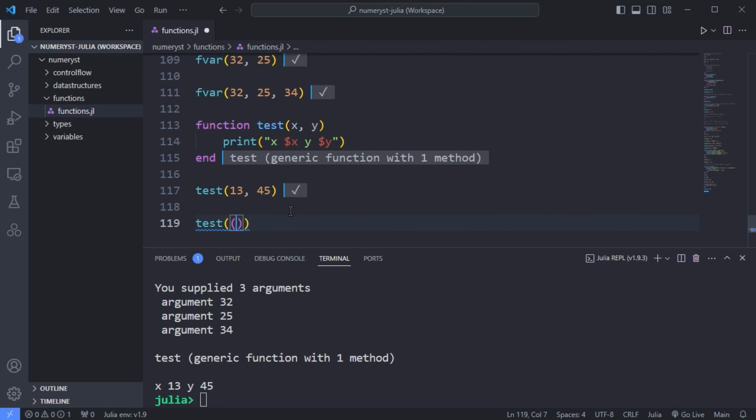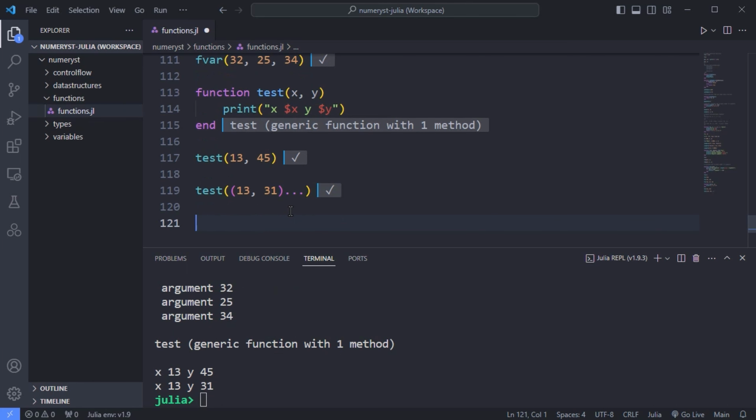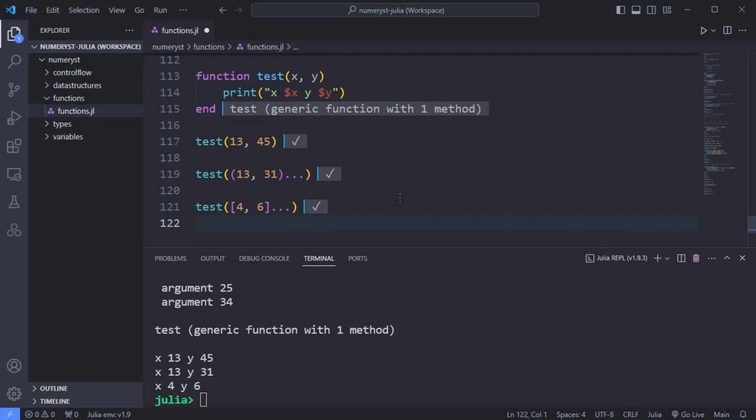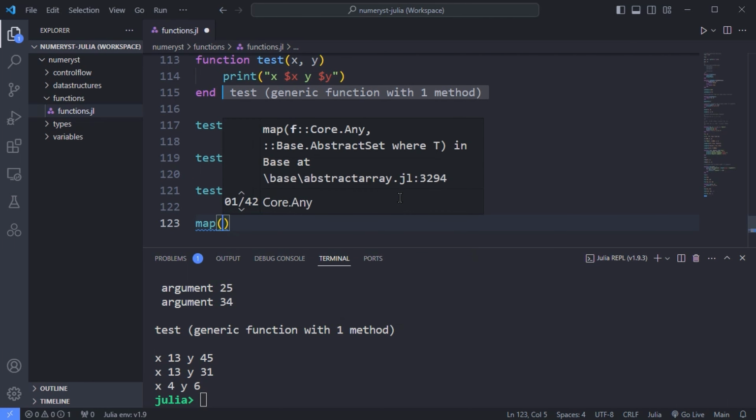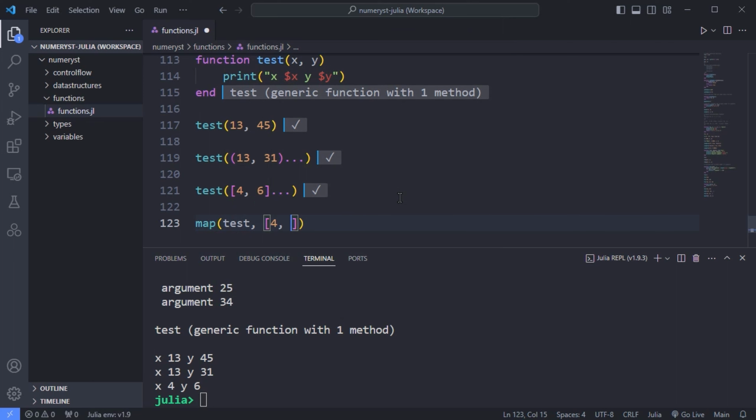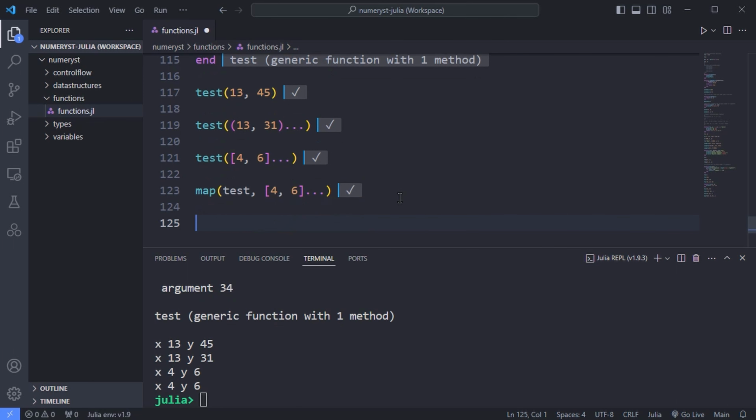That is, I pass the tuple to the test function and I follow the tuple with 3 dots. The use of ellipsis or a splat is also referred to as splicing the arguments. You can pass a list to the test function also and use the splat operator. You can also combine the map function with the splat operator and a list. For example, pass the 4 and 6 arguments to the test function,